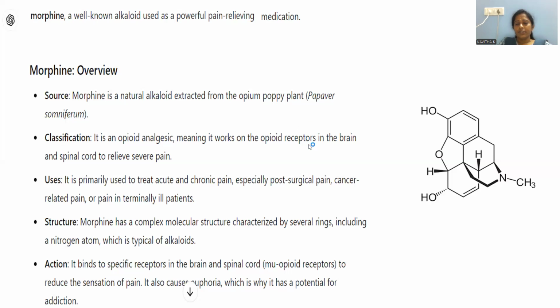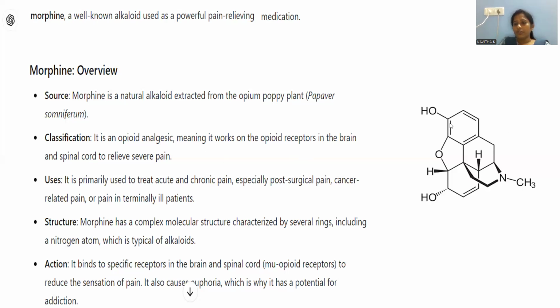A receptor is the region where the pain actually is, where the treatment is required. That particular point is said to be the receptor, where this kind of medicine is able to work. That is the reason why morphine works on brain and spinal cord related severe pains. If present, in that condition we will go for its treatment.